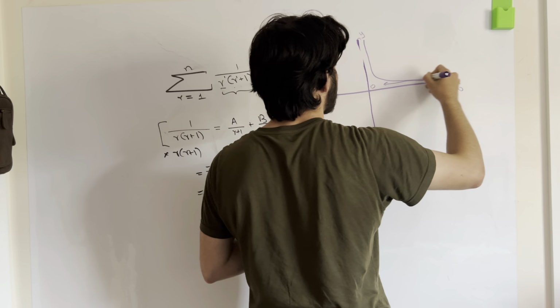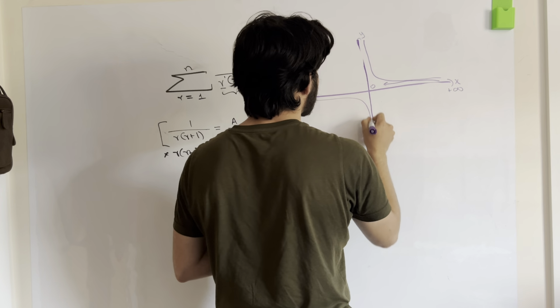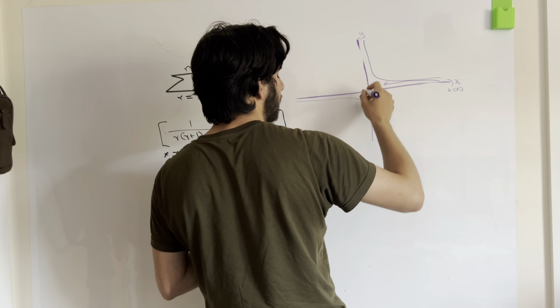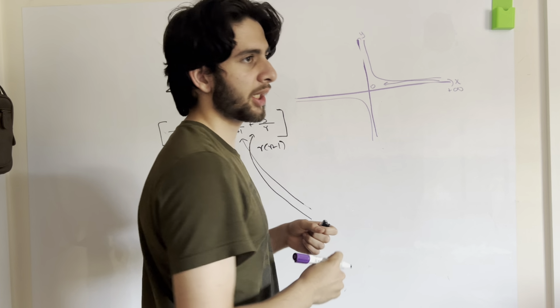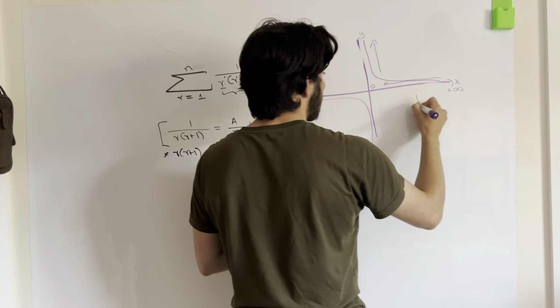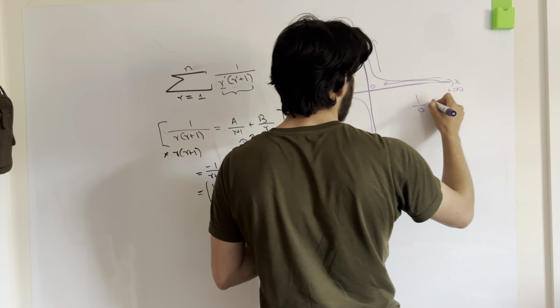So this is what the graph looks like. Here, clearly if you're approaching 0 from the positive side, then things are going to shoot off to infinity. So let's say you have 1 over 0 over here. This is undefined